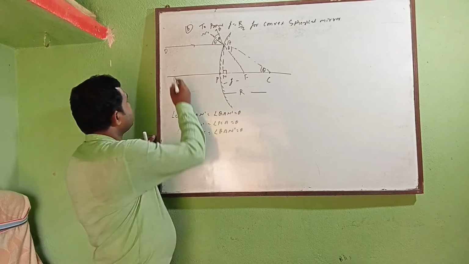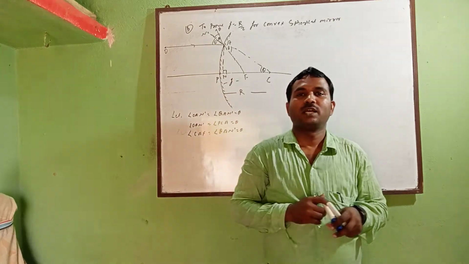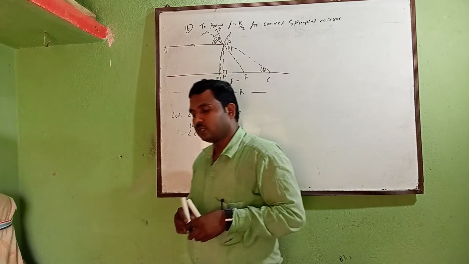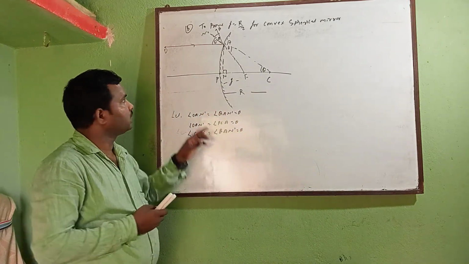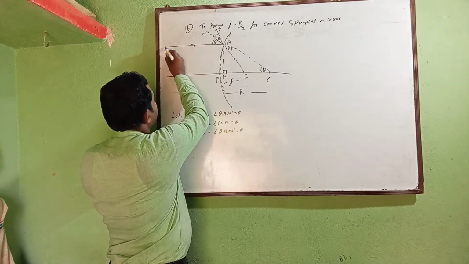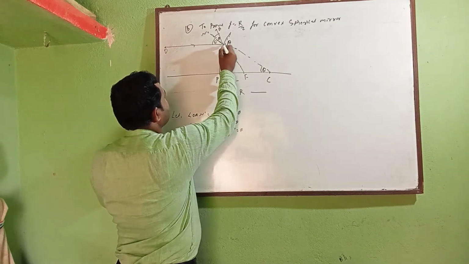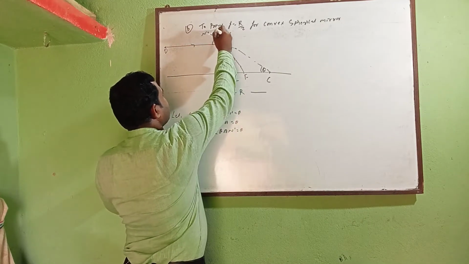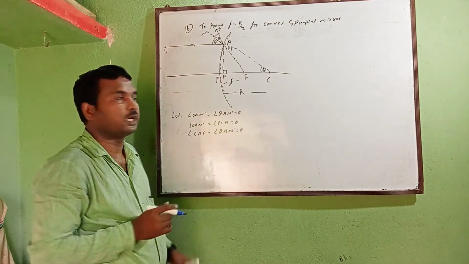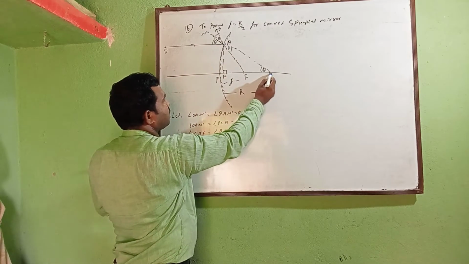Suppose an object lies at a large distance, at infinity. Then definitely you know that the ray of light from the object will travel parallel to the principal axis. You can assume the ray from O is incident at point A. After that the ray bounces along AQ according to the laws of reflection. Then if you join this line with the center of curvature,